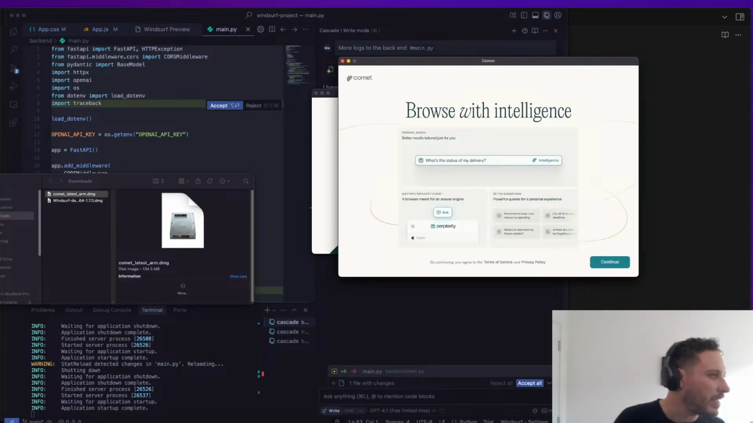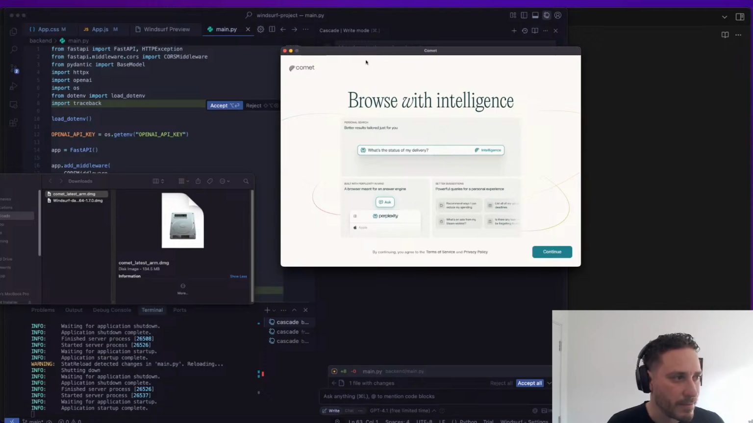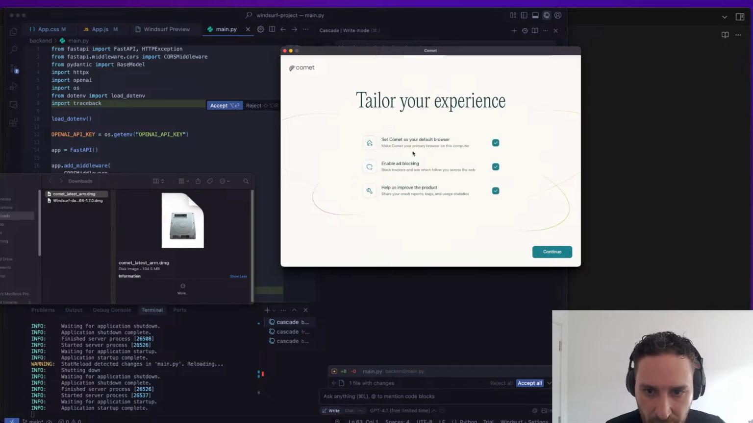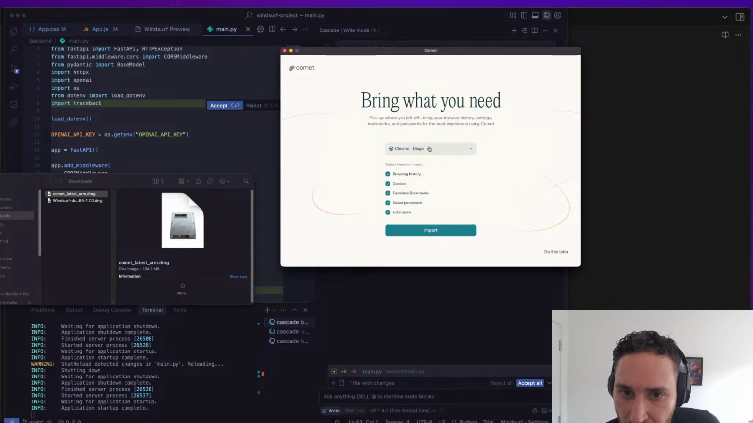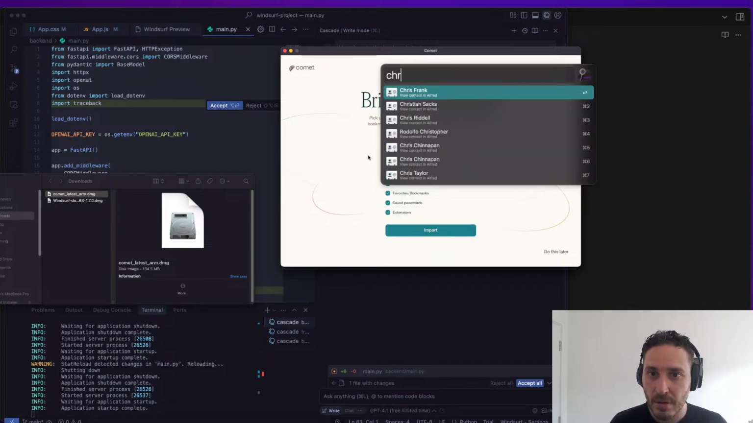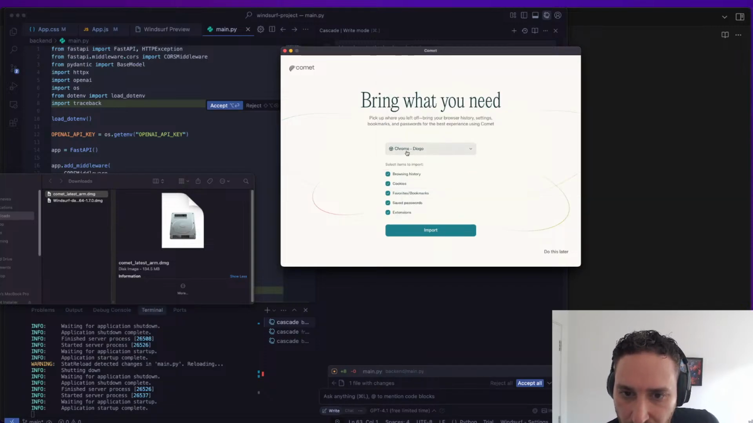So it's asking if I want notifications. Yes. It asked twice. Okay. Browse with intelligence. Ask. Okay. Better results, better suggestions. Okay. No, we're not going to set yes. No. I don't have Chrome, do I? Nope. I don't have Chrome, so